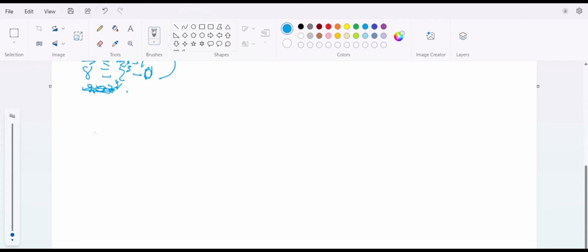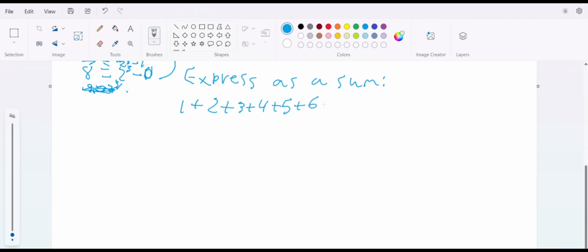But anyway, moving on, I'm gonna use this little fact in expressing it as a sum. So this is kind of part two: express as a sum. You'll see what I mean. So if I write 1 plus 2 plus 3 plus 4 plus 5 plus 6 plus whatever, and so on, dot dot dot. If I keep doing that,